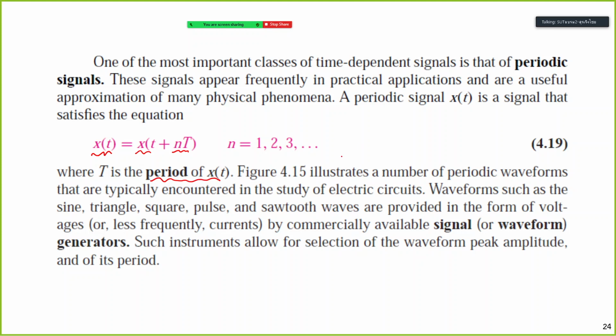Okay, it comes back to the same value in every period, right? In every period, like this. And so we call this a periodic signal, or in electrical terms, the AC signal is the alternating current signal. Okay,